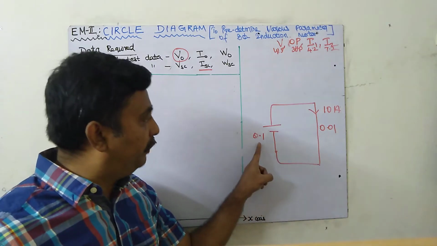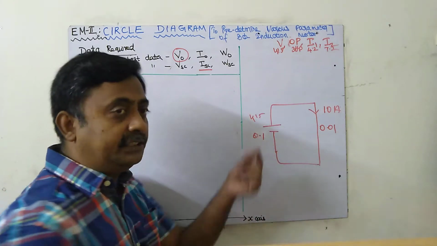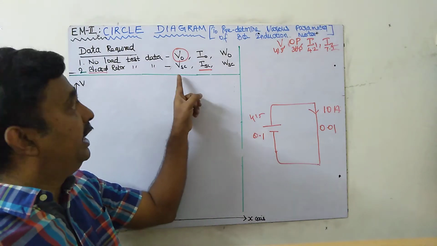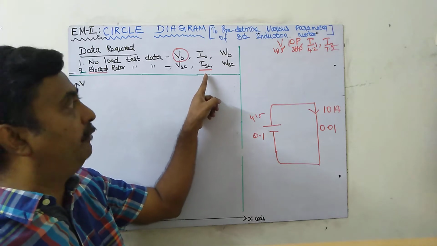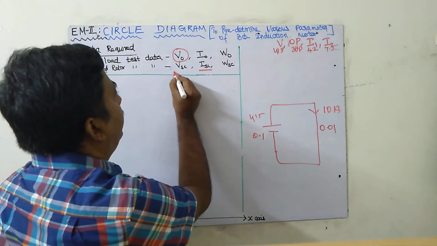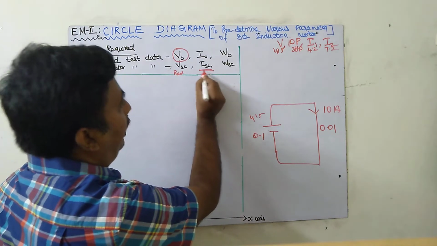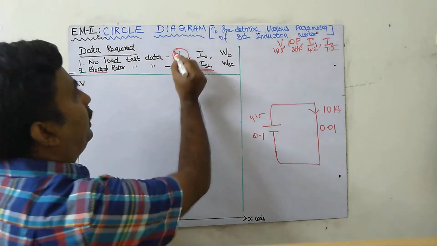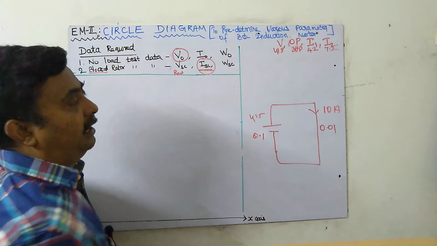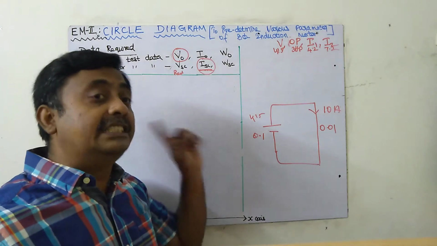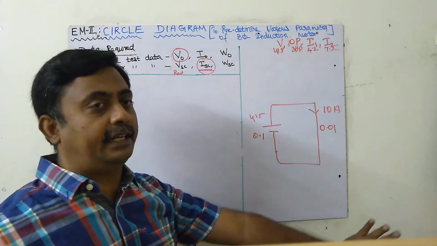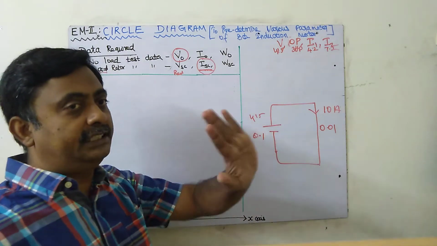Means what current do I have to give? Compared to 415, 0.1 is a very small value. Similarly, here I have to reduce the voltage. If I reduce the voltage, immediately we will get the current. Suppose we change the auto transformer, for a small voltage itself we will get it; this is reduced voltage. But the thing is that here we have to do the experiment for rated current. So the no load test is performed for rated voltage and the block rotor test is performed for rated current. Rated current of the stator or rotor? Stator, because we have connected all the equipment on the stator side only. The rotor side we have not connected. So stator current. This is the experiment point of view.